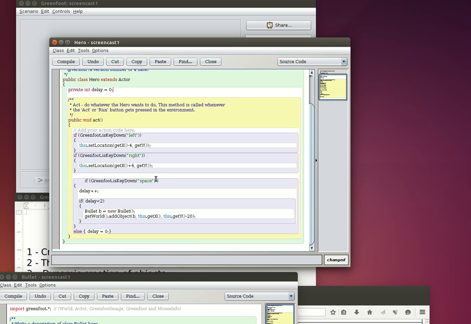So I start my delay at 0. If I keep pressing continuously on the spacebar, it's going to fire once. It's going to add 1 to the delay, so the delay value will be 1. If delay is less than 2, it's going to fire a bullet. Otherwise, it sets the delay back to 0. So this is to prevent a continuous line of bullets being fired. It's going to fire one after another, but with a small pause in between. So let's compile this,